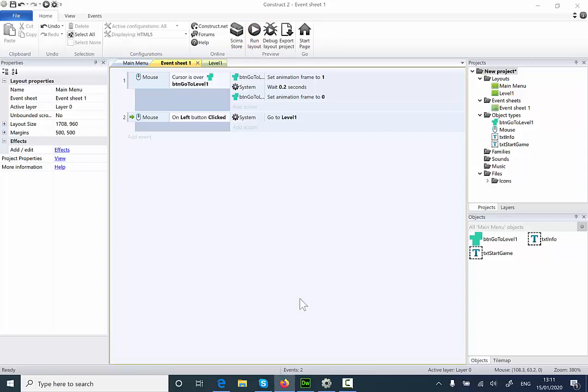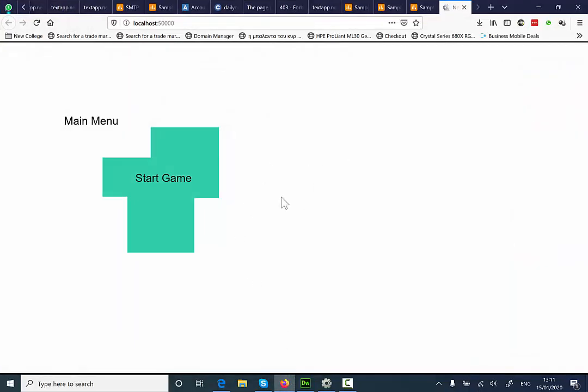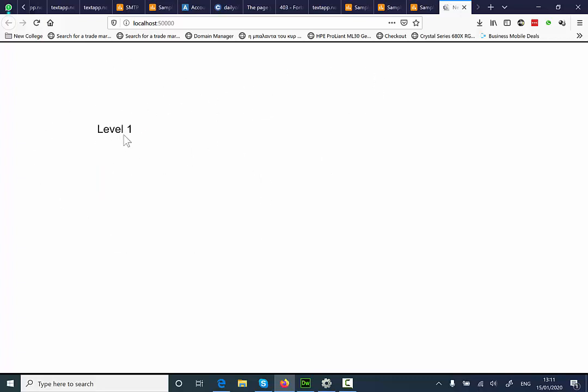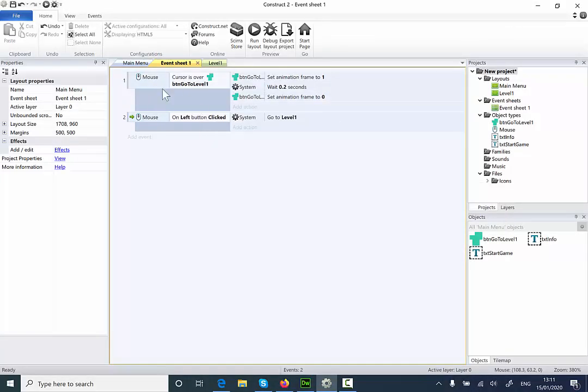If I test it, if I hover over, okay, but if I click anywhere else but the button or within the button area, it doesn't really matter where I have my mouse cursor. If I click, it will take me to level 1. To ensure that I only click on the button in order to go to level 1, what I will need